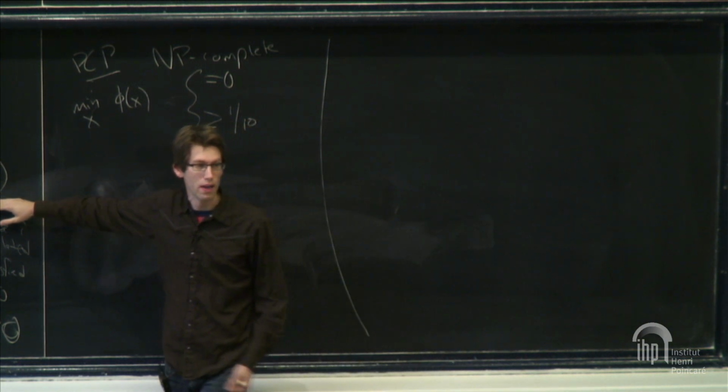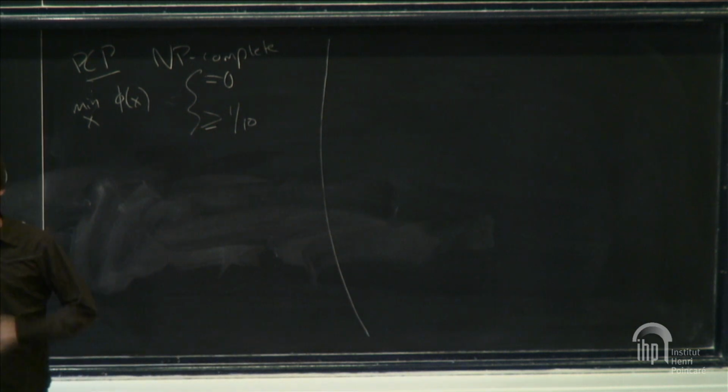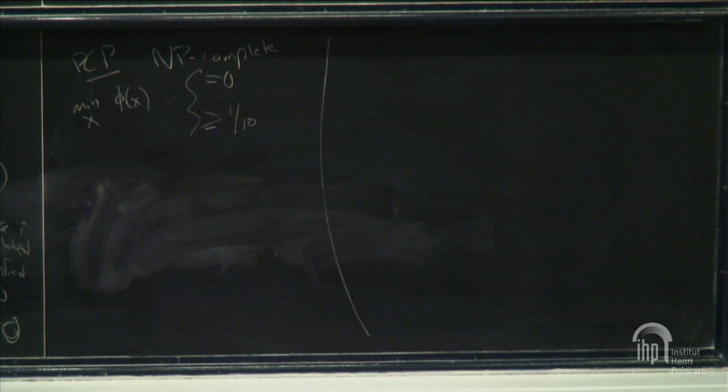So if I'm given a 3-SAT formula and want to know approximately how many clauses are satisfiable, even that is hard. Even just to approximate very crudely how many clauses are satisfiable, to distinguish these, which are pretty far apart, 0 versus 1/10, even that is NP complete. And people have gone on to show that for many other constraint satisfaction problems, it's NP complete to roughly approximate them.